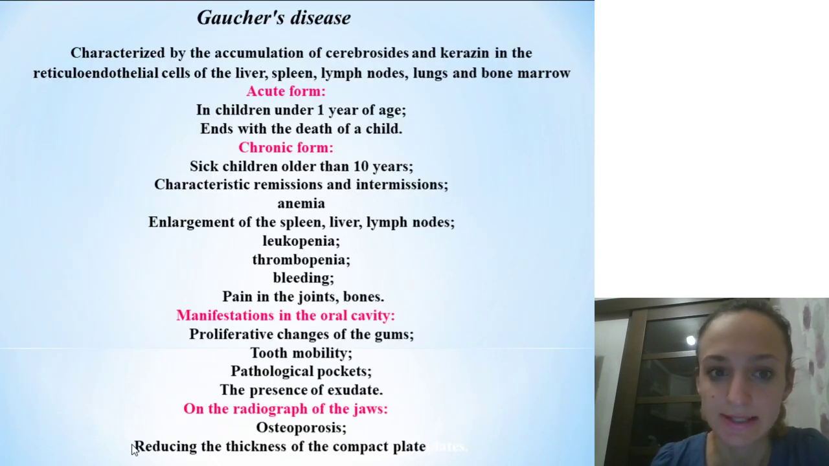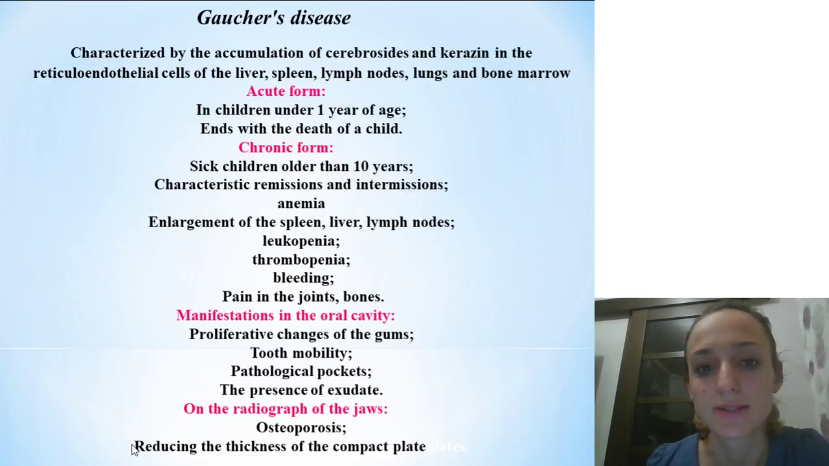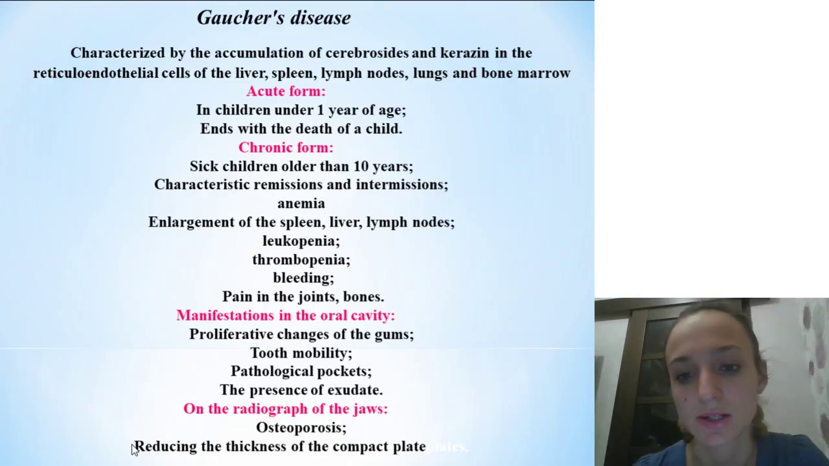it is Gaucher's disease and characterized by the accumulation of cerebrosides in the reticuloendothelial cells of the liver, spleen, lymph nodes, and lungs and bone marrow. And acute form in children under 1 year of age and ends with the death of the child. And chronic forms in children older than 10 years. So here can be remissions and intermissions,